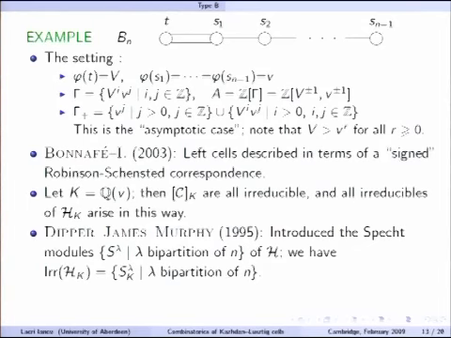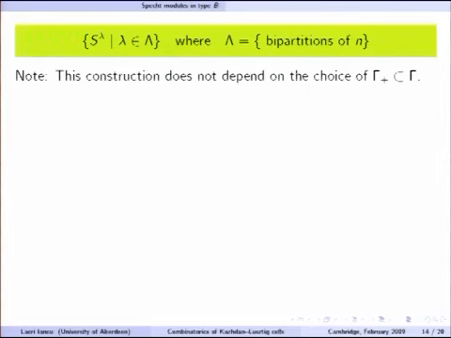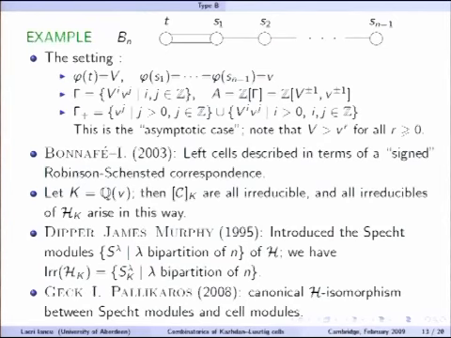And again, you can ask the same question: is there a connection between those Specht modules and those cell modules? And again, the answer is affirmative, so the analogy really keeps going. There is a canonical isomorphism between those Specht modules and the cell modules. I will not go into much detail there. The only point I should have made before is that this construction does not depend on the choice. So please note that,